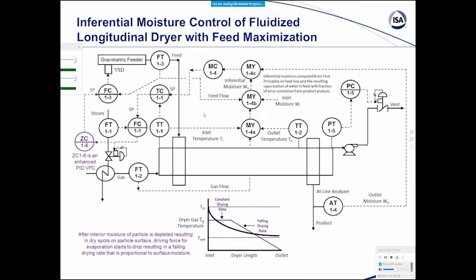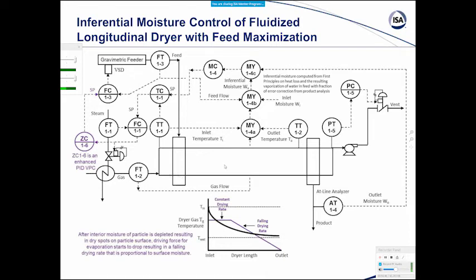Now for dryers, it turns out the differential temperature between the inlet and outlet temperature matters. I've got a longitudinal dryer here, with a gravimetric feeder coming in here. Normally this would be shown tilted down, because the product coming in here is going to come out here. And what we've got shown is a heat exchanger, heating the gas coming in, typically air, and it's blowing these particles in here. Now this could be a conveyor going through here, and we have the hot air coming in, mixing with it.